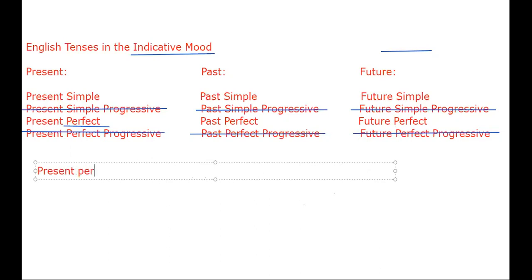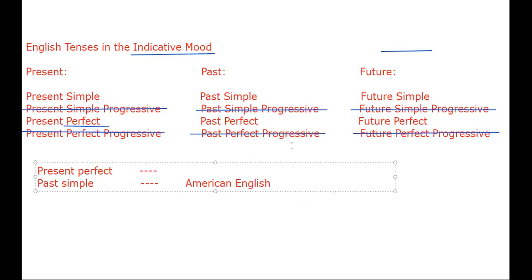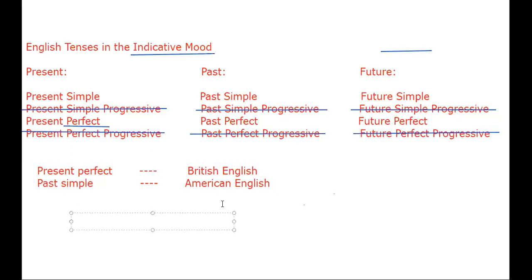So regarding the present perfect and the past simple, in the situations that you just described where you can use either, American English prefers the past simple, whereas British English prefers the present perfect. So for example, let's use your example. Let's say I missed my bus. In American English, you would more likely hear "I missed my bus," but in British English, you would more likely hear "I've missed my bus,"